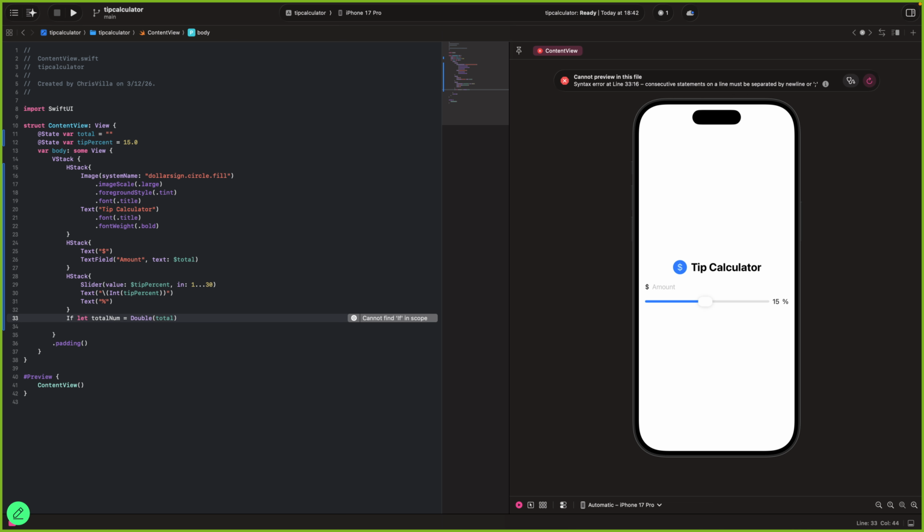What this is gonna do is check if we're able to create a constant value called totalNum by casting the total, which is what the user is typing here, into a Double. And if it is able to do that, it's gonna do whatever is next inside of these brackets.